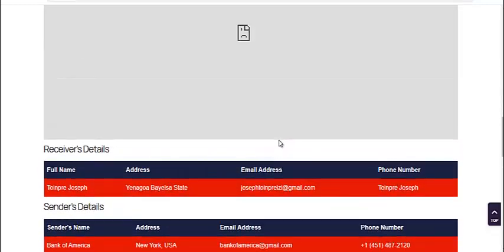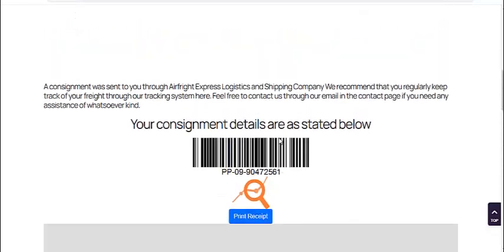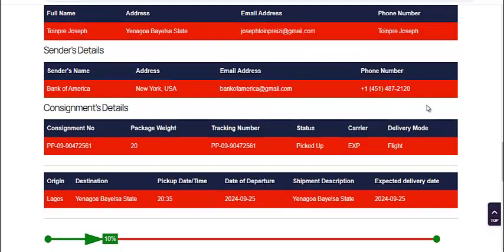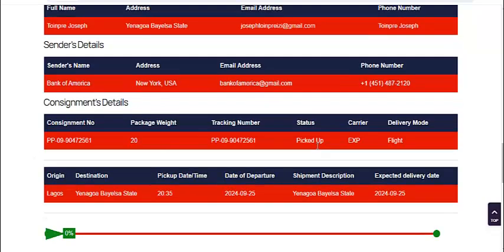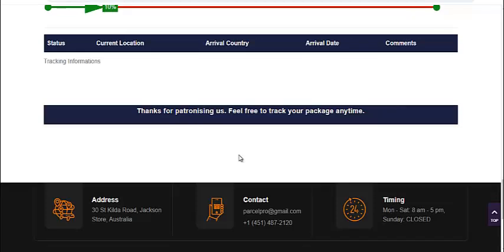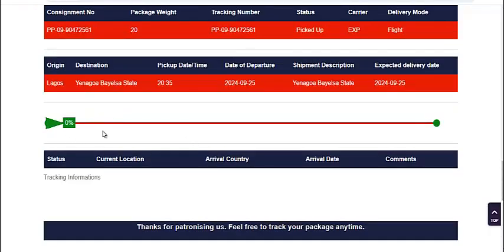I'm having a network issue now, but you can see my details here, the information we generated during the tracking, right? My email, phone number, everything, right? So it is showing here and every other thing. So this is the first stage. Now the percentage is reading 10 and it will not read more than 10